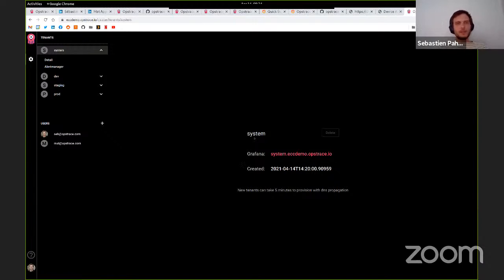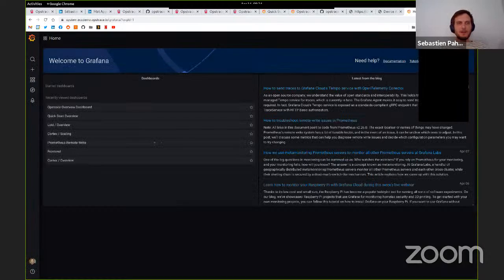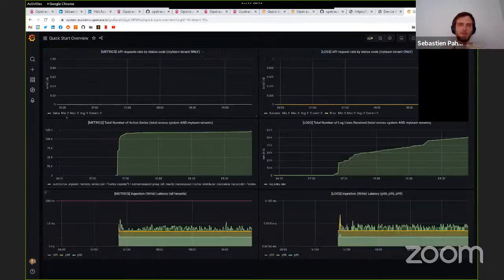So once you're logged in and you see the multiple tenants, we can actually do one thing. Every tenant has a Grafana instance. So let's go to the system tenant. The system tenant has a Grafana instance, and we can just see some default dashboards that we've put in. We have dashboards for the Kubernetes system underneath. We have dashboards for Cortex, Loki. All the default dashboards are in there. This one is a default dashboard for the Quickstart.